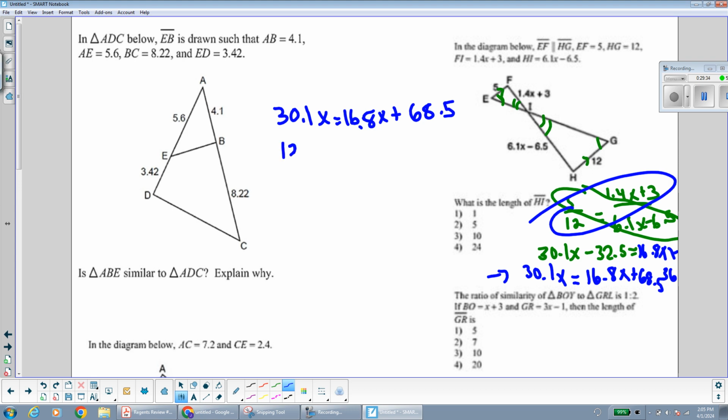So here I have 13.3x is equal to 68.5. I'm going to divide by 13.3, and I got 1 for the length of x, but that's not the answer. We need the length of HI, so don't pick x. We have to plug in. So that's 6.1 minus 6.5